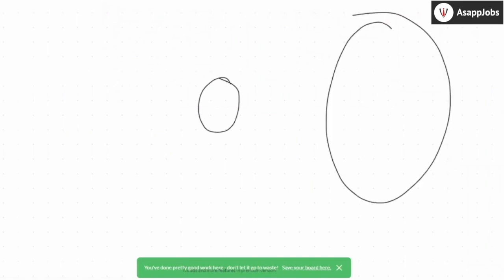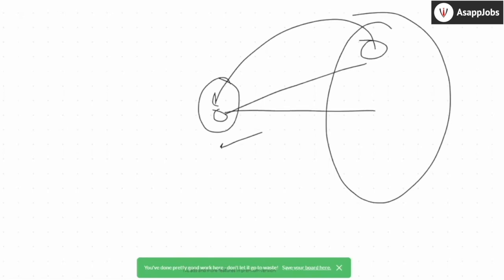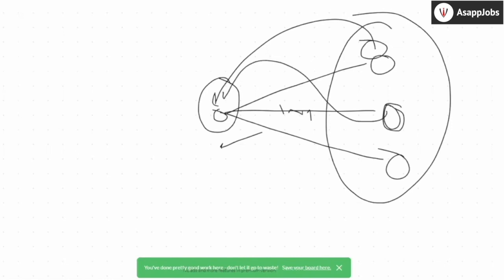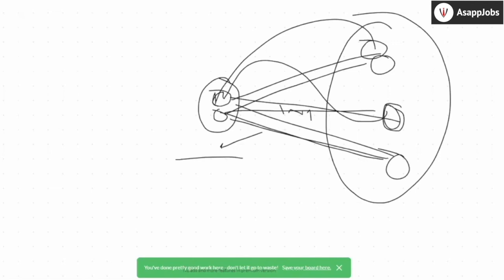Initially, you have an empty set on the left and everything on the right. You take a vertex based on the minimum weight and you put it here. So now this vertex becomes part of the left. Next, you take all the edges that this vertex has to the right side of the subgraph. You take all the edges, you pick the minimum out of it. Let's say the minimum was this. You take that vertex from here and you write it here. Okay. Now, next iteration, you take all the edges that go out of these two vertices, or whatever vertices were there on the left, and then again you pick the minimum out of it. That's what we were doing always, right?